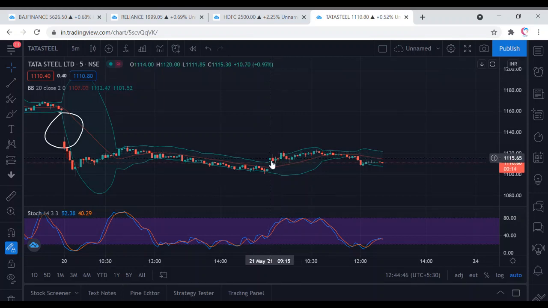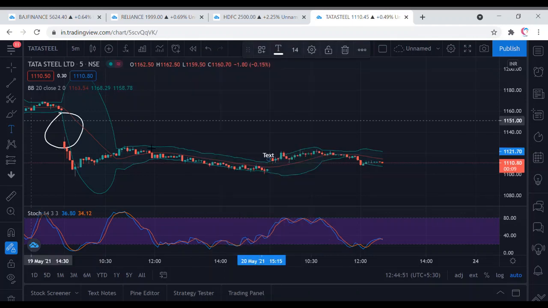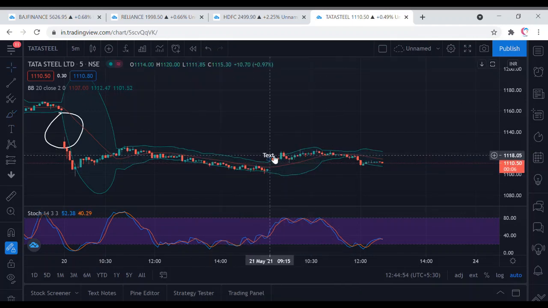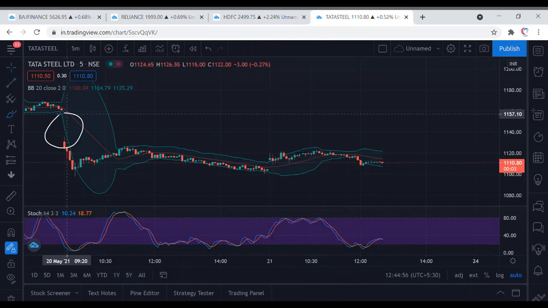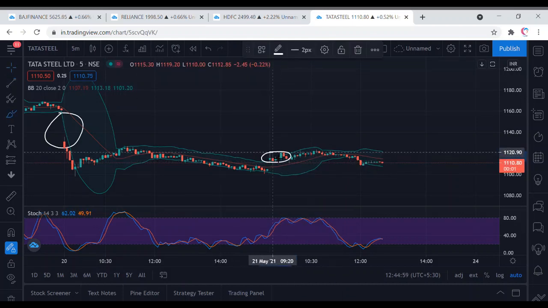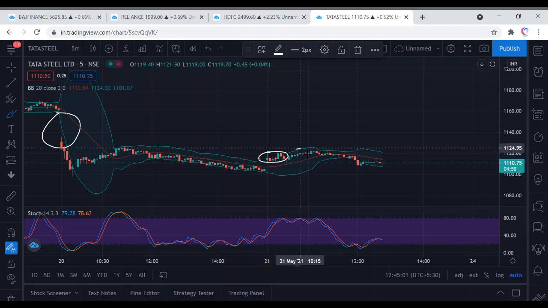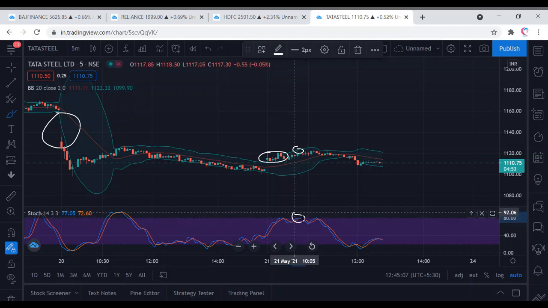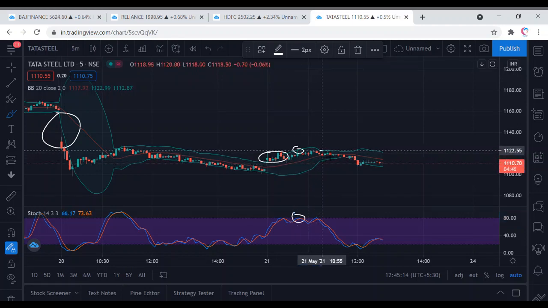So this is on 21st of May. You can see prices did touch the upper Bollinger Band, but it soon went above the Bollinger Band, so we will not be taking trades at this point of time. Here we got a good touching of the upper Bollinger Band, but there was no clear signal at this point of time at 10:10, so we'll still be not taking the trade. We got a good signal in at this candle. You can see at 11:05 candle, the prices touched the upper level of Bollinger Band, but then it came down,